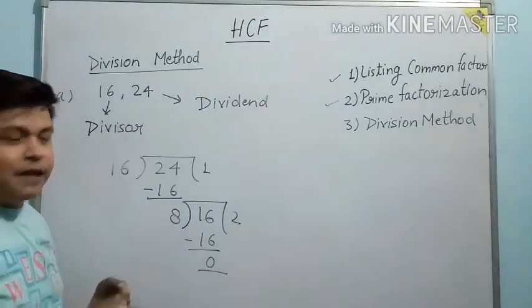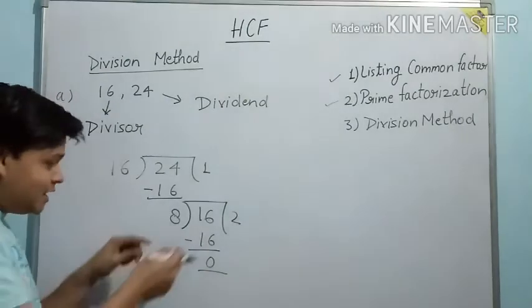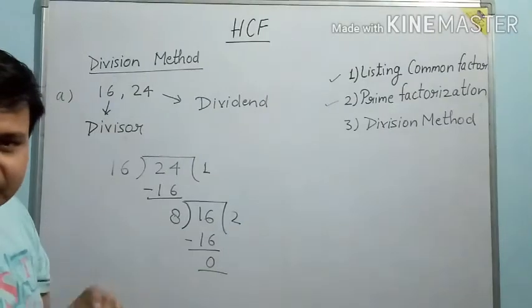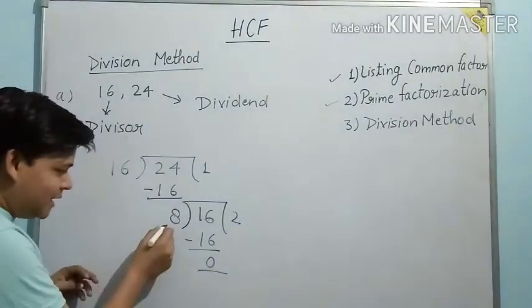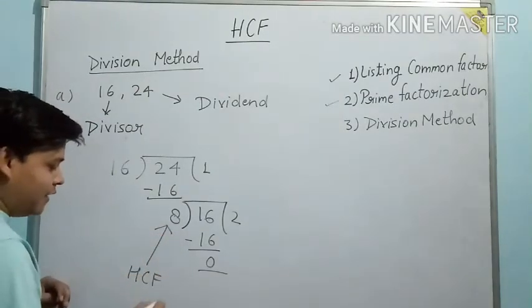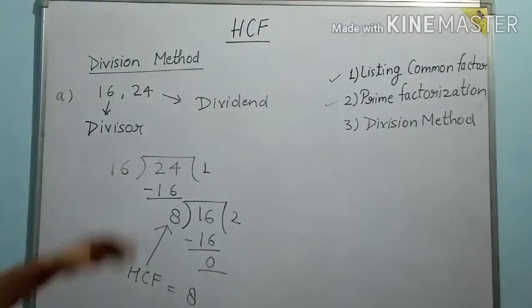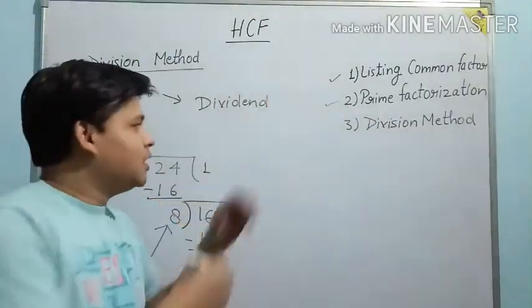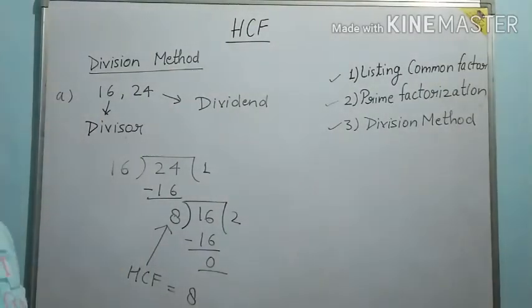Now the next thing is what is the HCF here? So HCF is the last divisor. यानी इस division में जो हमने पूरा process किया है इसमें जो last divisor है, जिससे 0 आया है, that is the HCF. As we all can see, this is the last divisor, so this is your HCF. So the answer is once again 8. As we have understood how to find out the HCF by different methods, by every method the answer is the same, HCF is 8.